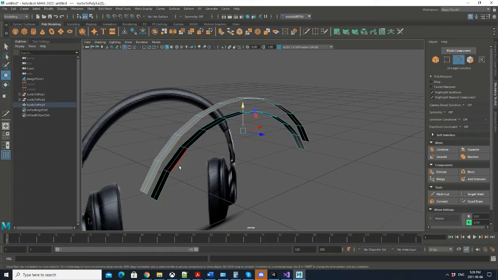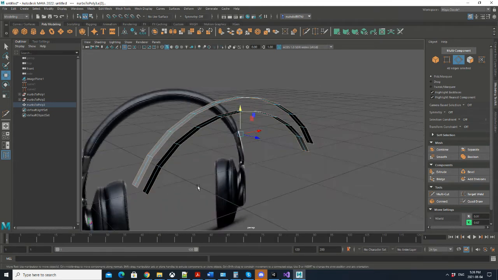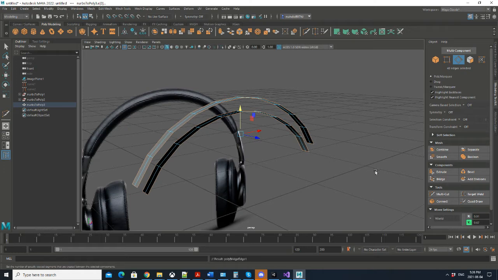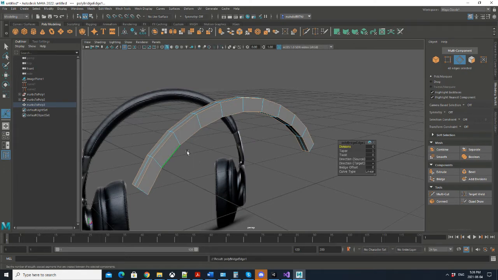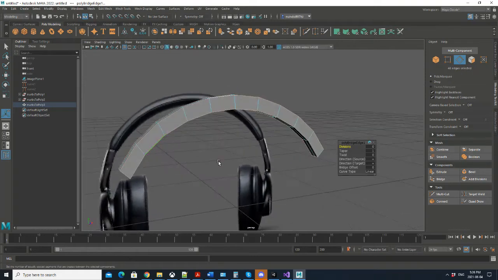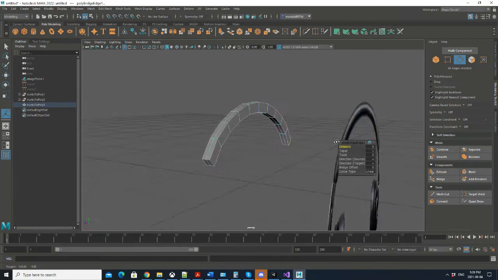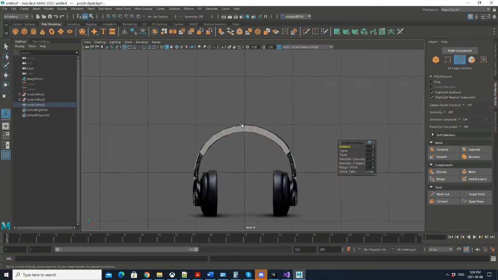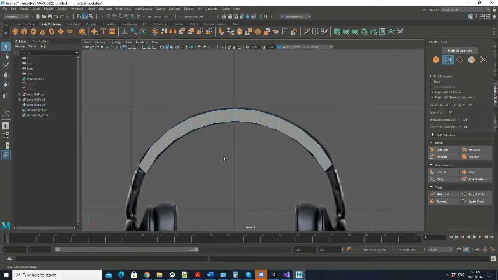You only double click on one of the border edges, and you'll see it's wide enough to select all these edges for you, and hold shift and double click on one of the other border edges in the upper curve, and then go to edit mesh bridge, or use this bridge tool here. Yeah, you see that they are exactly the same, and it will make this nice bridge for you between your curves. And that's, as I said, one way for